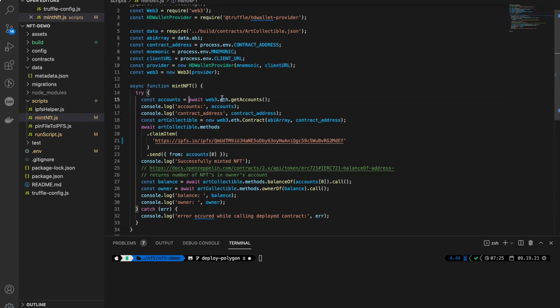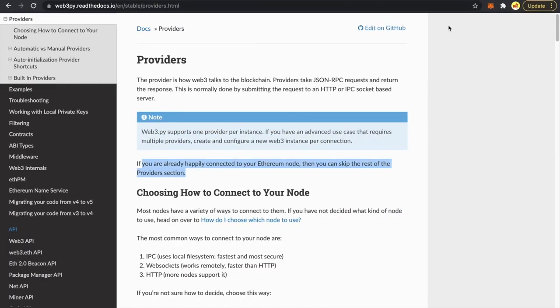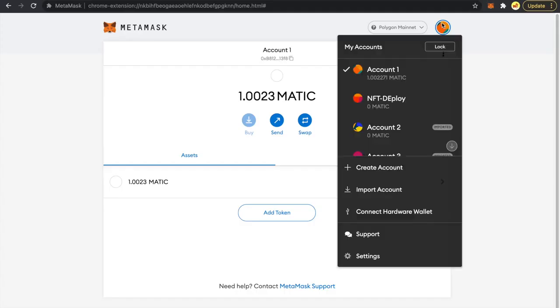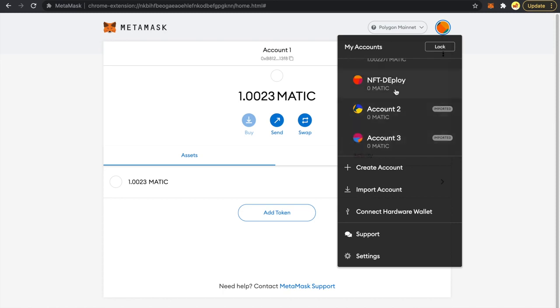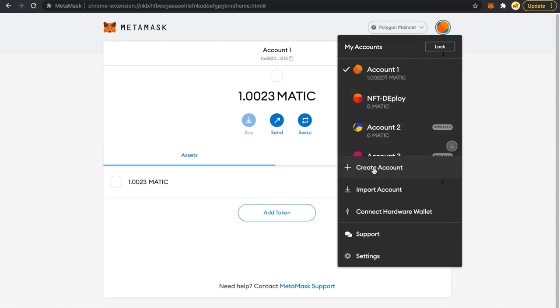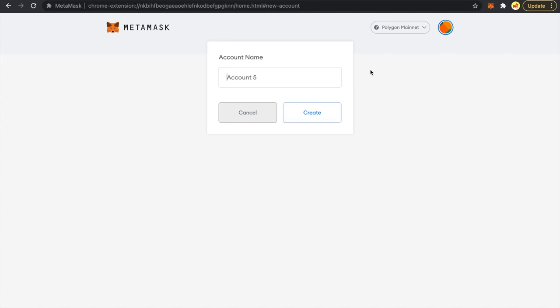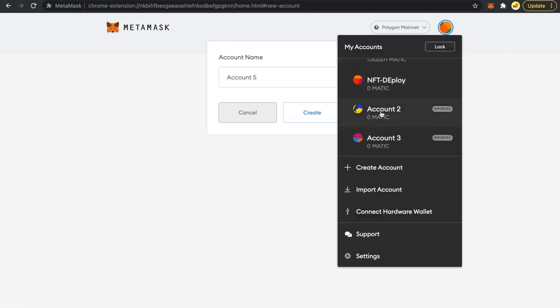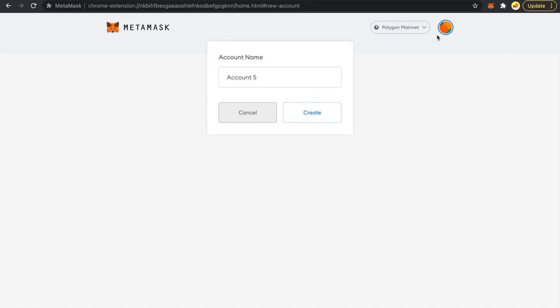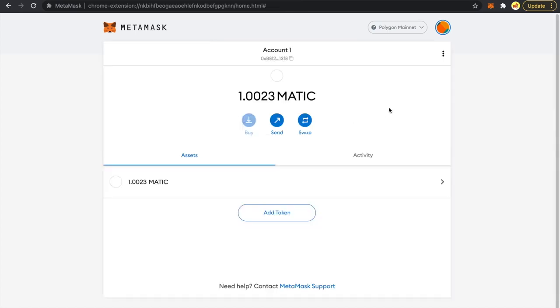Now we'll be fetching all the accounts. One more thing that I wanted to discuss was that with one mnemonic you can actually create a lot of accounts. These accounts will have their own separate private keys. So if you take a look here, there are 3 accounts, but if you just click on create account, there will be one more account that gets created, right? But they all under the hood are using the same mnemonic. So that means with the same mnemonic, you can have multiple accounts.